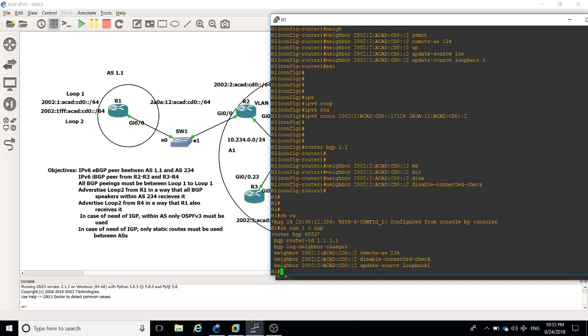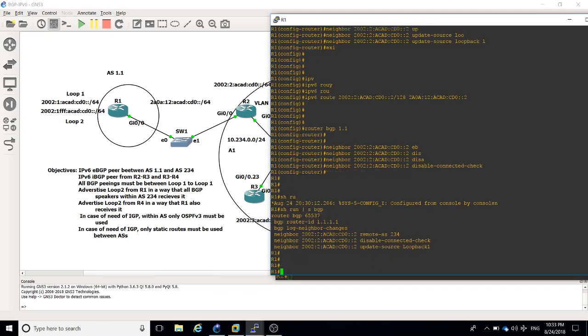So the last piece of the puzzle from R1 is that everything is configured inside my BGP instance, but I have to create and activate the IPv6 unicast address family in order to have the IPv6 address family unicast attribute attached to my NLRI when it's advertised